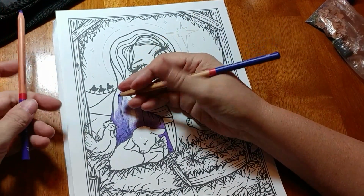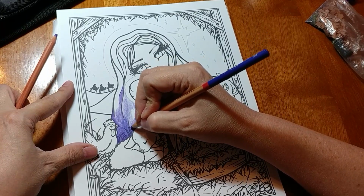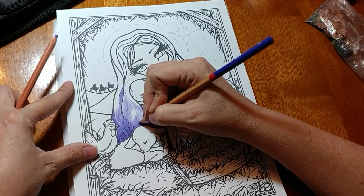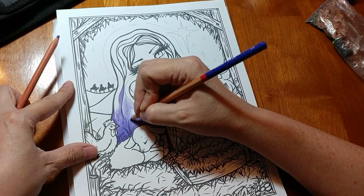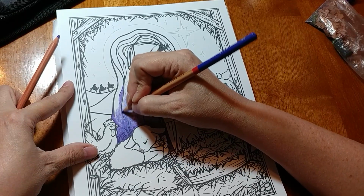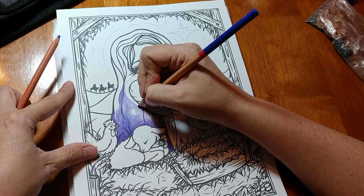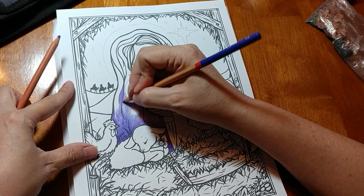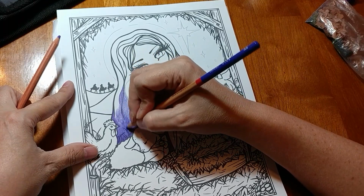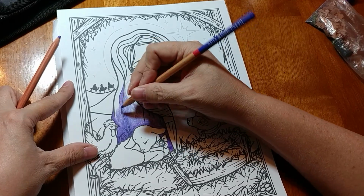Now I can come in with my lighter one. And it really, I know it doesn't look that much lighter. These two colors look a lot the same. But it's at least just a different shade. Several light coats are better than a heavy coat. You're going to get much better blending